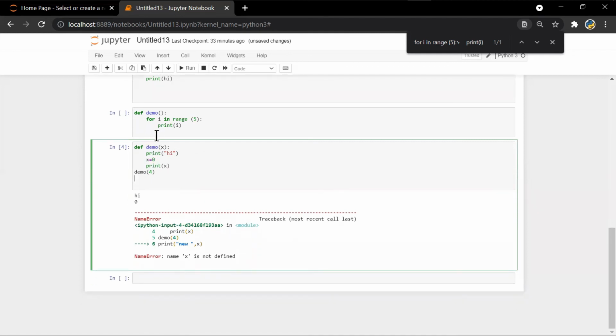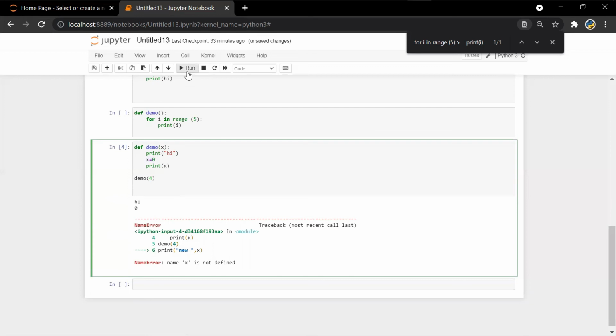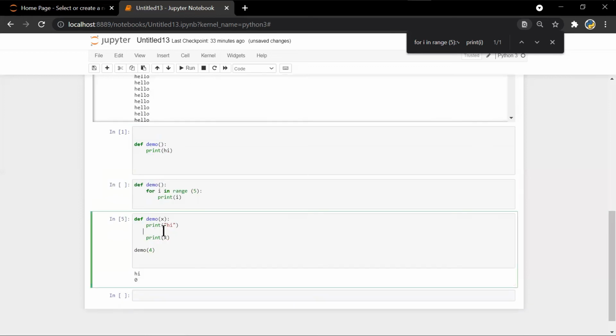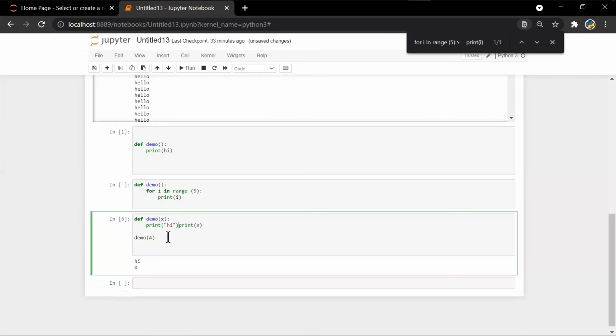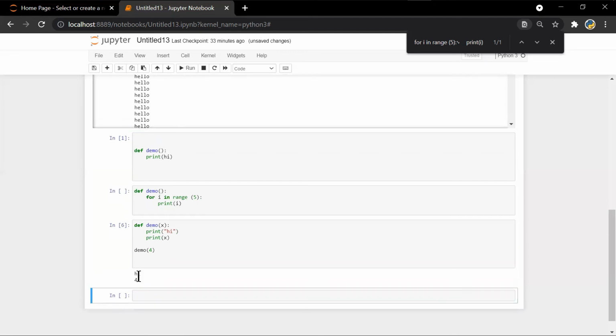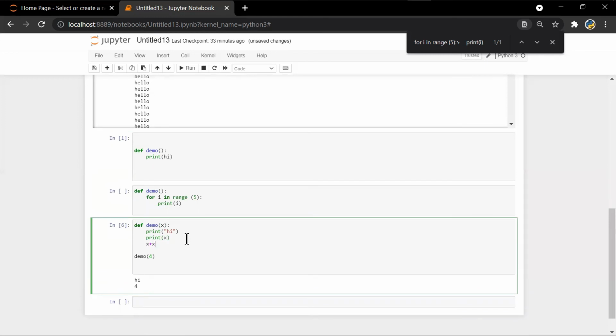So it's like I gave a variable x here, so now this will also have a variable. I gave a value of x as 0, and when you print it, it will come 4. But if I don't give anything, I remove this and I go like this, it will print 4. So when you create a function, you can have this variable here, and you can use this one in the program anywhere you want, like x is equal to x plus 10.